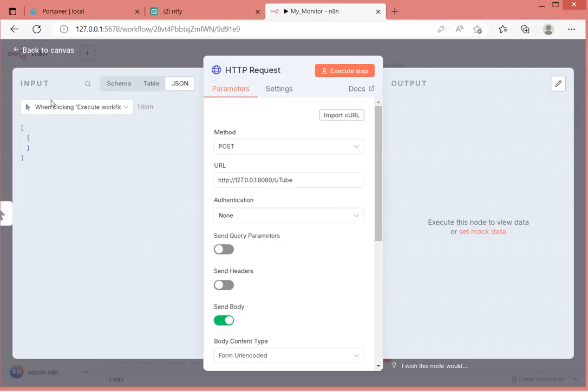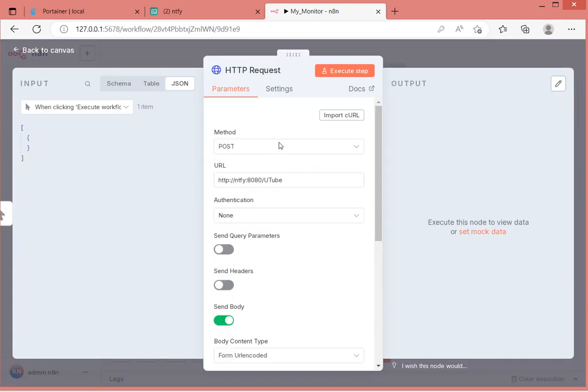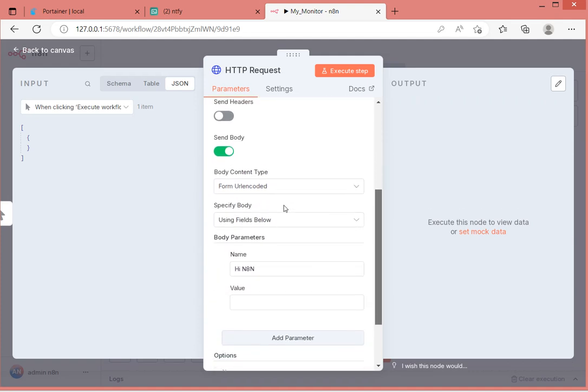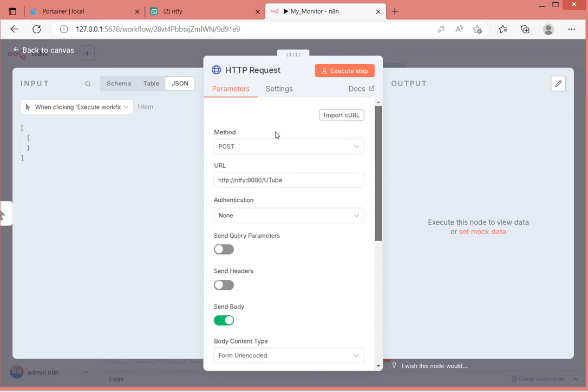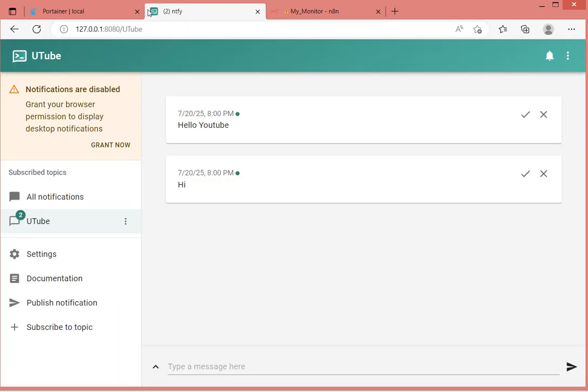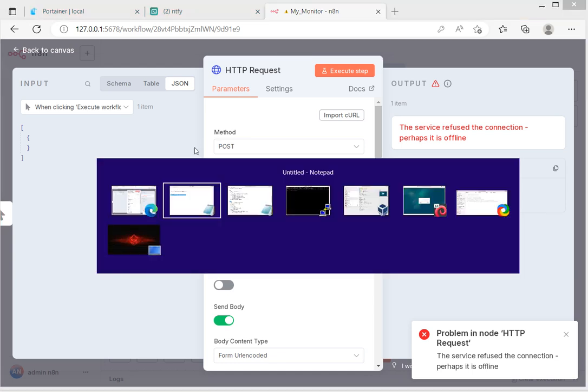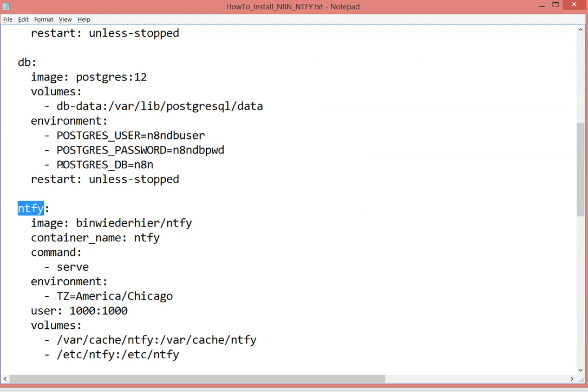And let's copy this and import another curl. Let's put a new one, which is the ntfy. Now it's been updated, no authentication. Hi n8n, execute a step. And we see that it actually did not like 8080